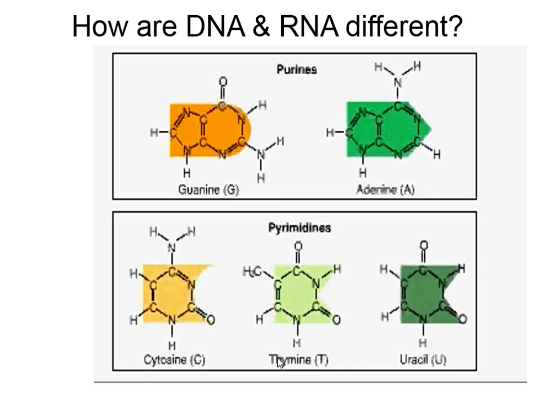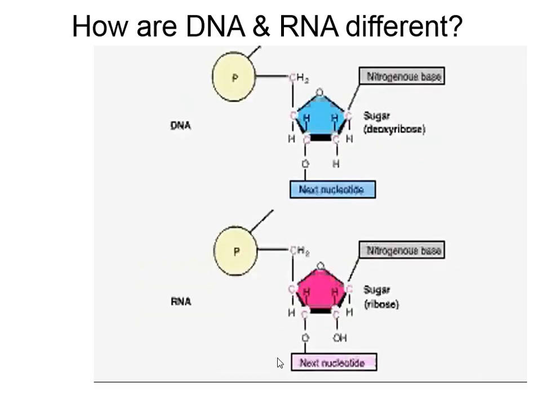Cytosine, thymine, and uracil each have a single ring, and these three bases are called pyrimidines. For convenience, the carbon atoms in a nucleotide's sugar are numbered, beginning with the carbon atom bonded to the nitrogenous base, moving around the ring, and up to the carbon that is bonded to the phosphate group. The 1' carbon is bonded to the nitrogenous base, the 3' carbon to the next nucleotide, and the 5' carbon